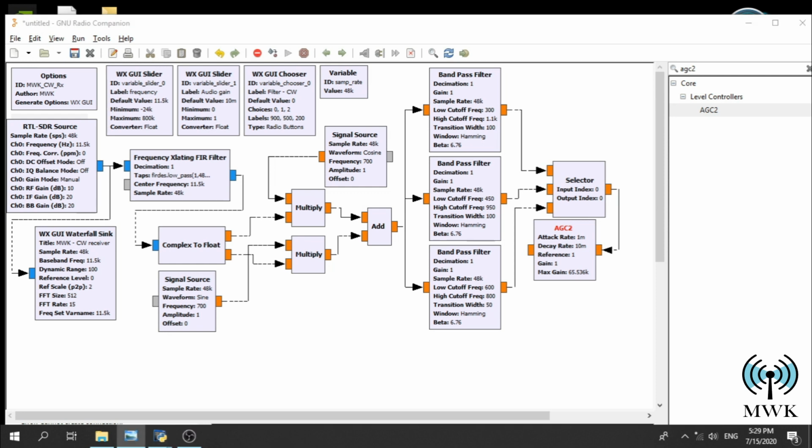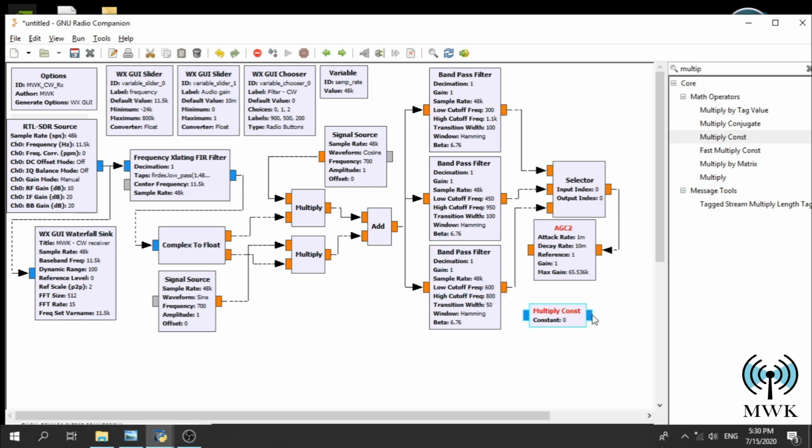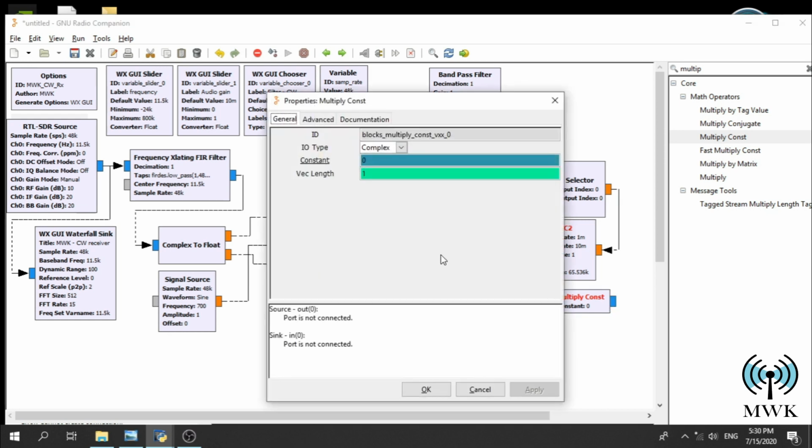Okay, now we need to bring a multiply const block. So let's bring a multiply const block. Let's put it here. Okay, now in multiply const, make sure the IO type is a float, and the constant, let's make it a